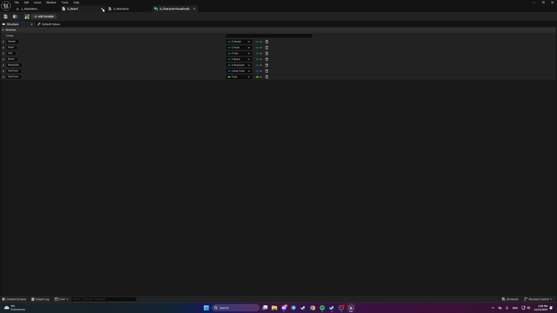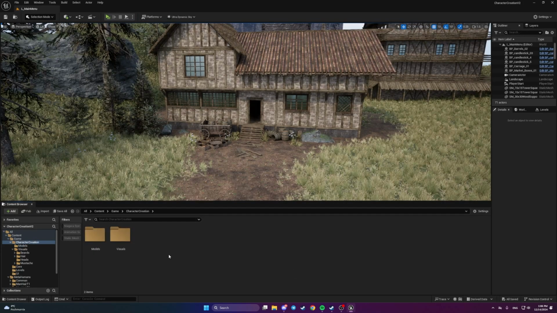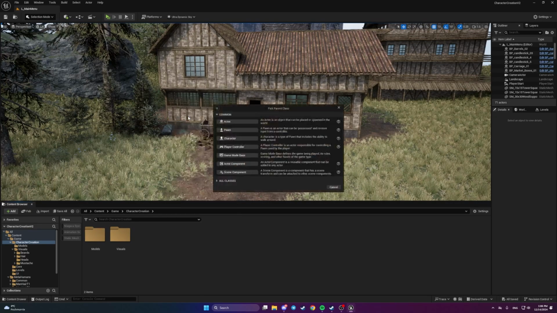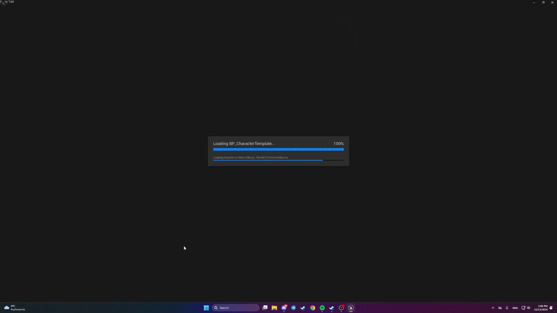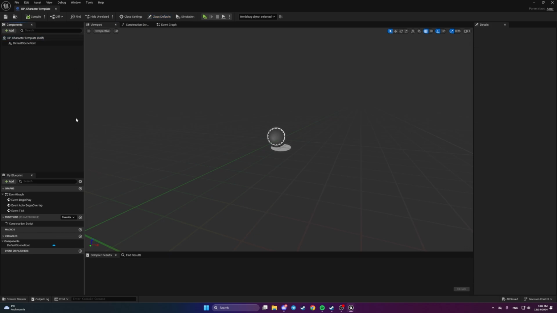Okay, now we can close this. And let's open character creation and add a new actor. Let's create a blueprint class actor. It's called BP character template and open it. So what we're gonna have here, sorry, we need to have